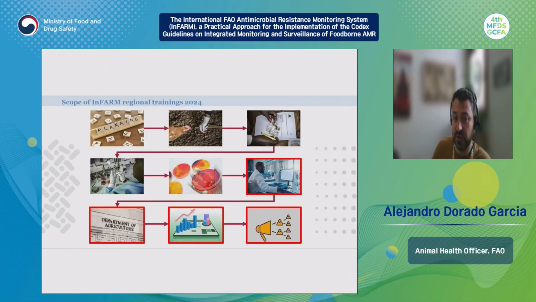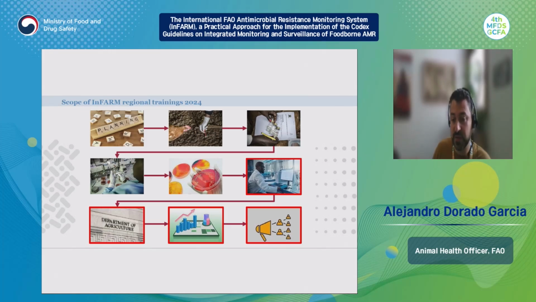During the INFAM regional trainings, we had the scope of going through the whole journey of the data. As we know, the different critical stages of antimicrobial resistance surveillance start with the planning of activities, planning of the surveillance plan, and putting all the elements together on how to do the sampling. Then we go for sampling at the different surveillance sites. We collect the samples, then we submit the samples to the laboratory for isolation and characterization of the bacteria.